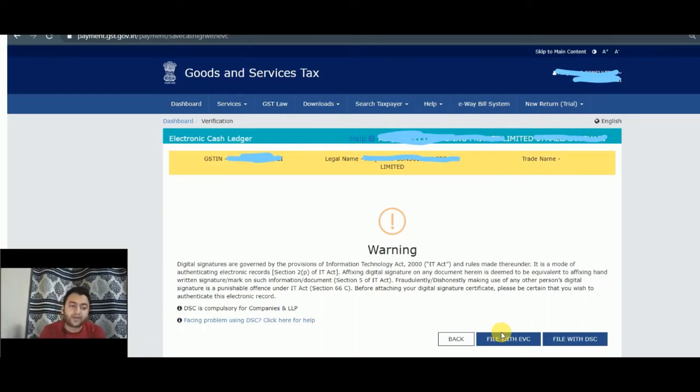So the department has enabled filing of forms with EVC for corporates also, so that they can file their respective forms, and that will ease their process of doing business. So what we did, we practically filed this form PMT09 with the EVC option, and it has been successfully filed. So this option is working correctly.